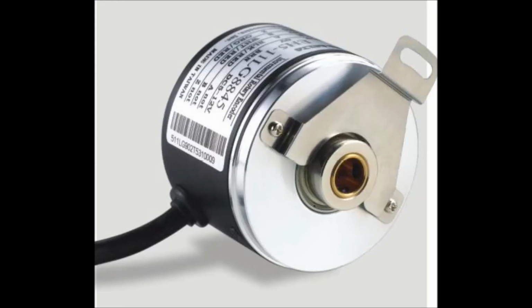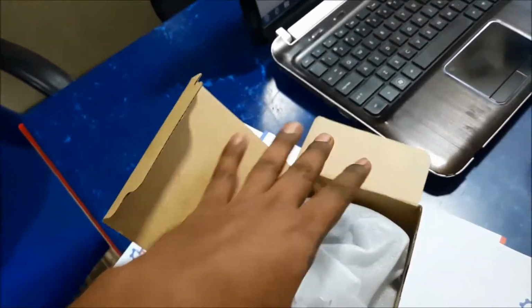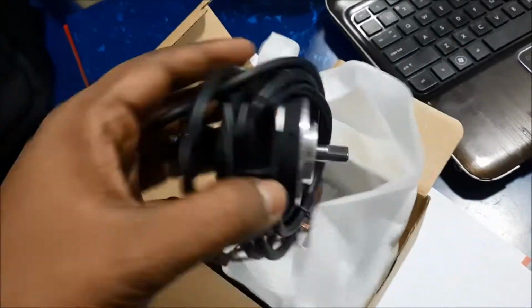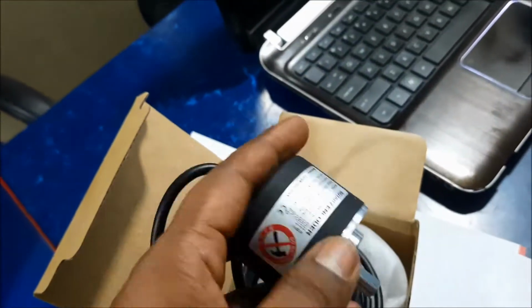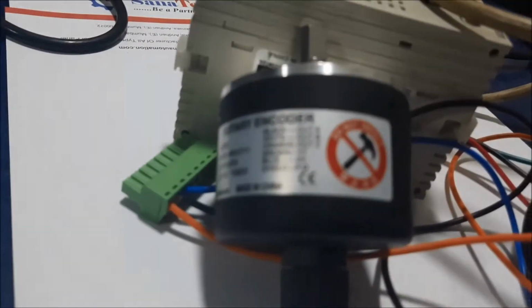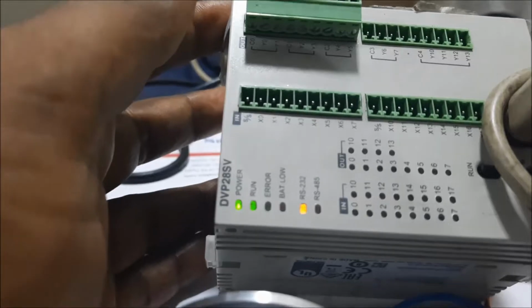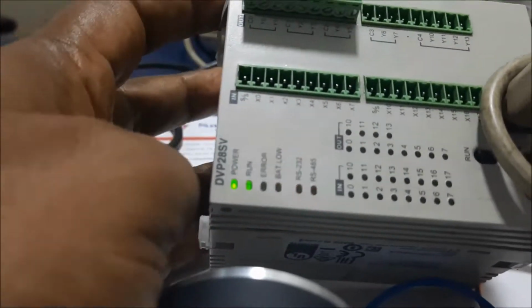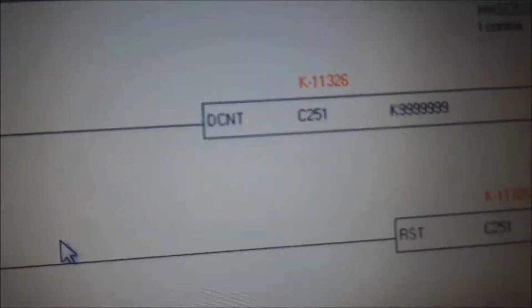Sanatak Automation here. Today we learn about encoder function, encoder wiring connection, encoder A, B and Z phase function, and the most important part, how to take the value of an encoder in any PLC and Delta PLC. We also learn today about up and down counters in PLC, how many types of up and down counters there are, meaning forward and reverse counting in an encoder. So don't miss this video.